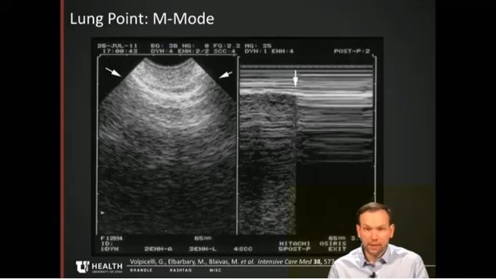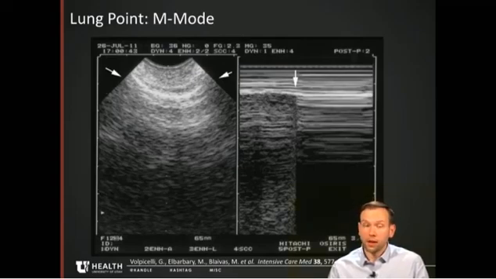In the left portion, you have your sandy beach. And then on the right portion, to the right of the vertical arrow, you transition to the barcode sign. This finding would also be pathognomonic for pneumothorax